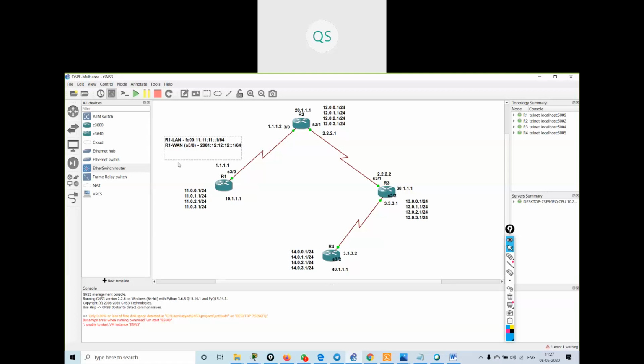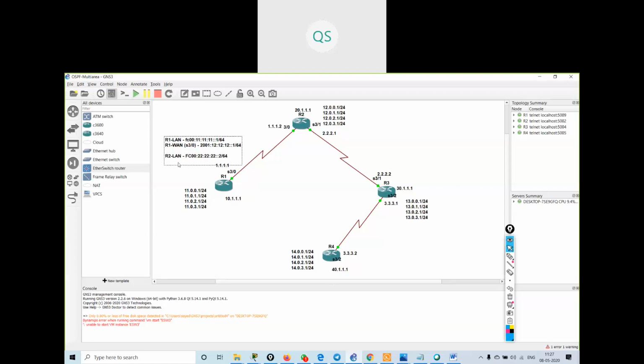On the R2 LAN, I will be using FC00:22::2/64.